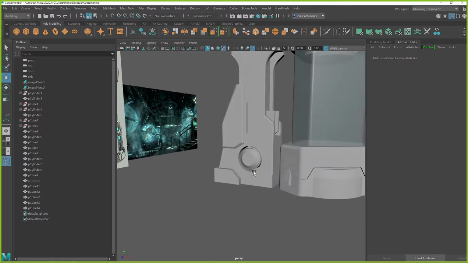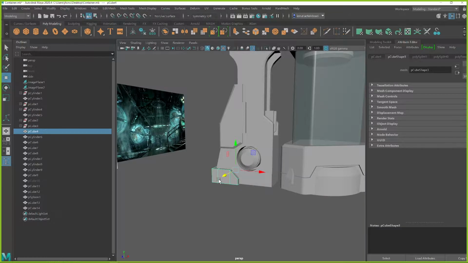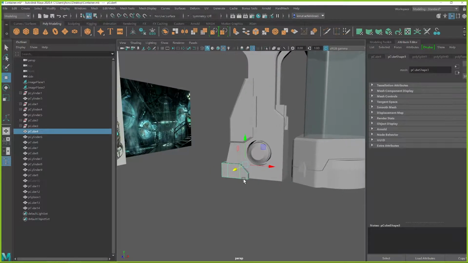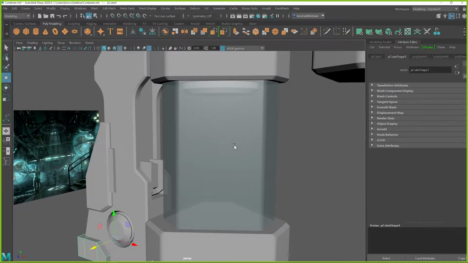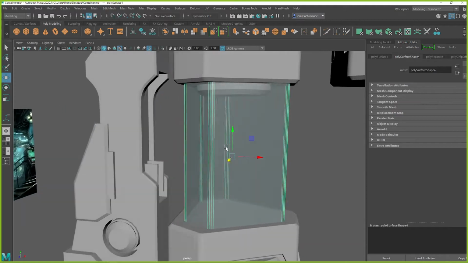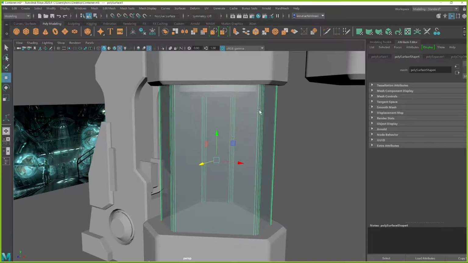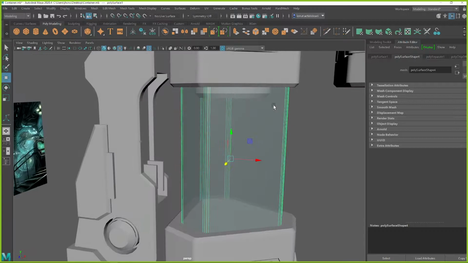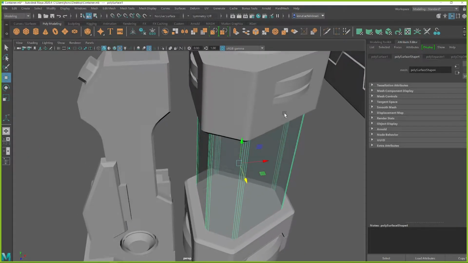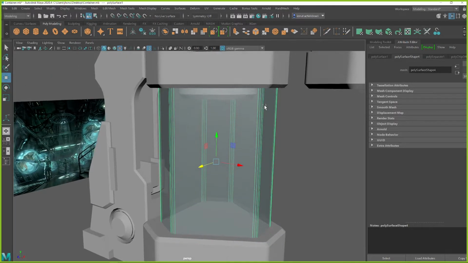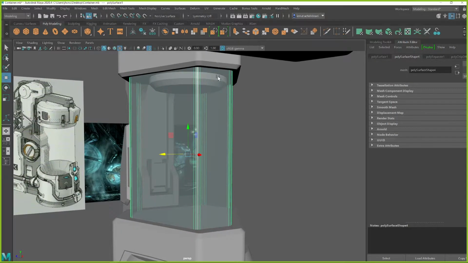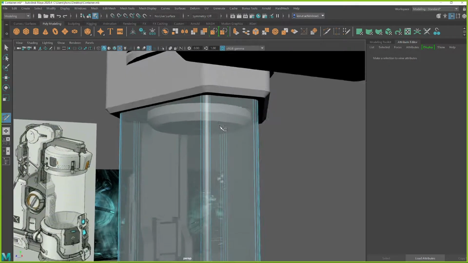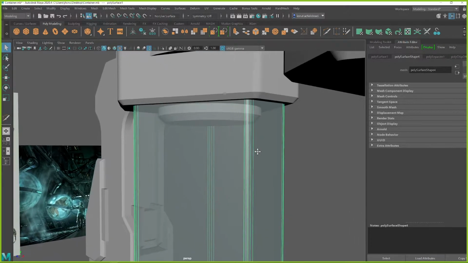Okay, so what I'm going to do, I'm going to build a frame for this